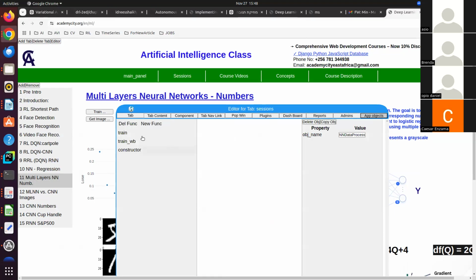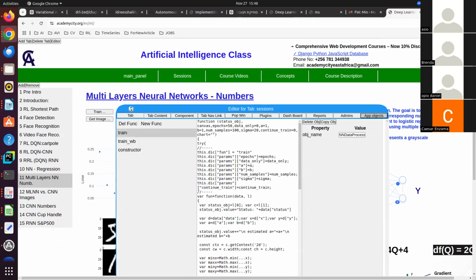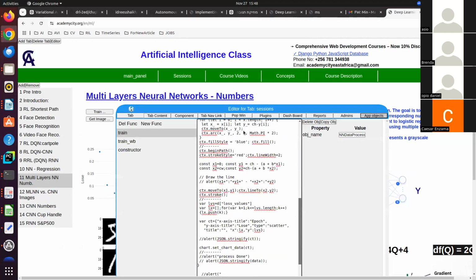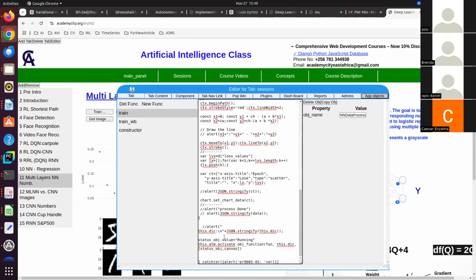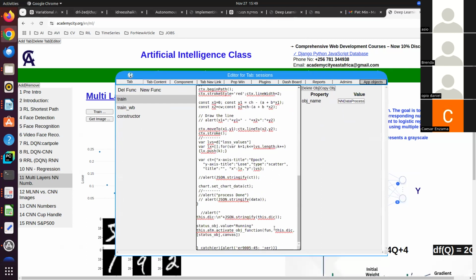That object, as you can tell, has a function called train. This train, in fact, gets those objects that we just transferred in that part, and at the bottom here, it is calling the train function,